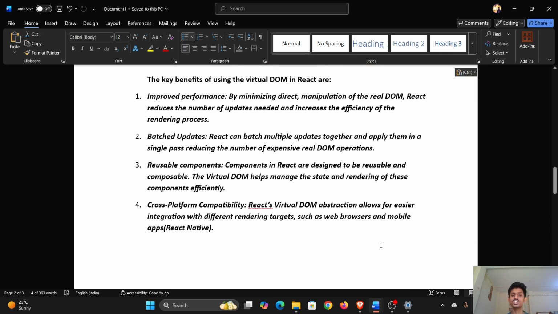Now comes the benefits of the virtual DOM. Virtual DOM increases efficiency. How does it increase efficiency? It does not directly manipulate the real DOM. React reduces the number of updates needed and increases the efficiency of the rendering process. React can batch multiple updates together and apply them in a single pass, reducing the number of expensive